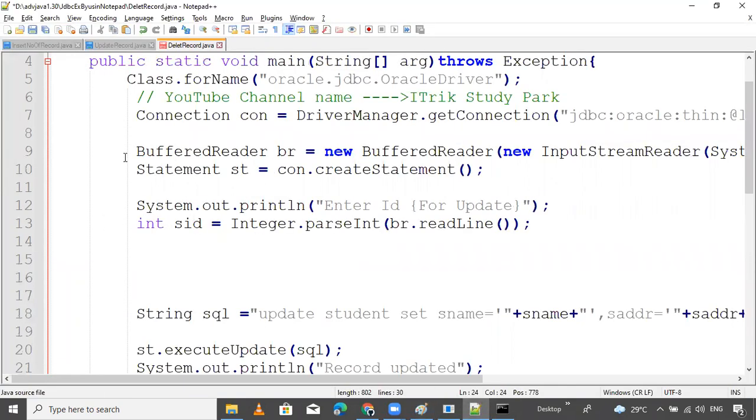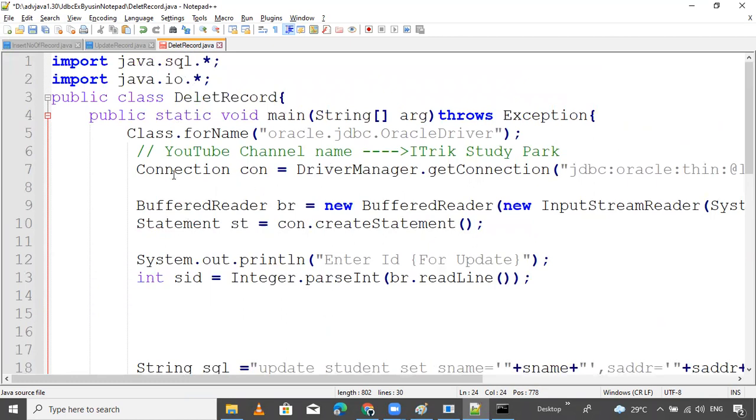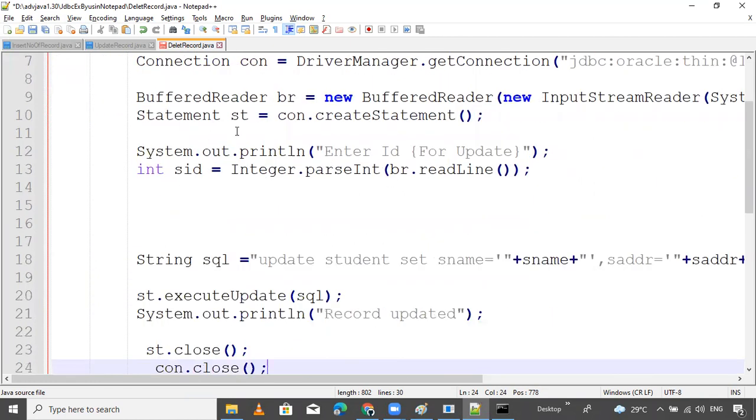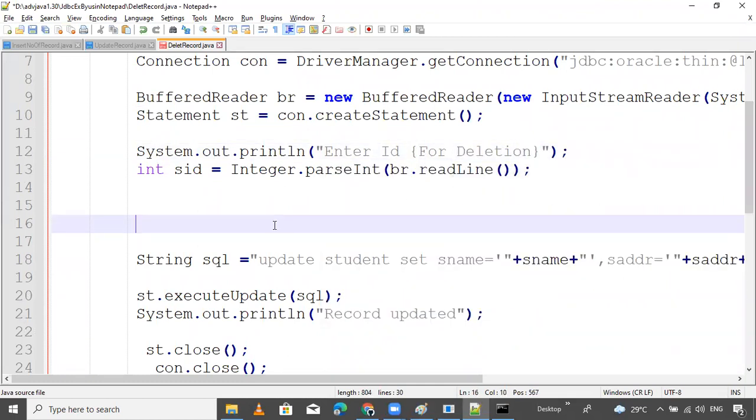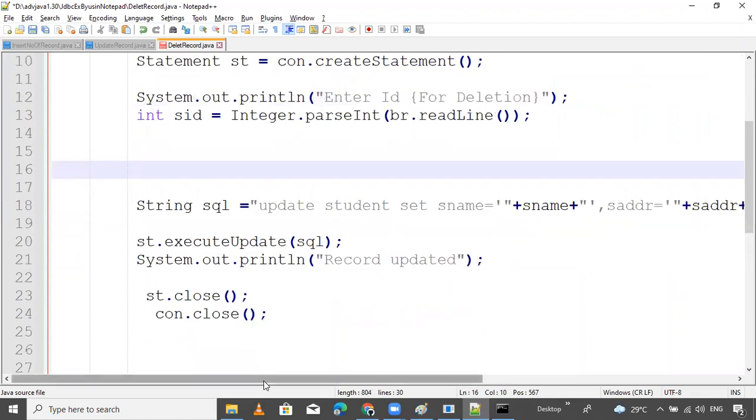Here we create buffers and class, load the class, establish the connection, and buffered readers and simply System.out.println, enter ID for deletion. Enter that ID. I want to write that query.